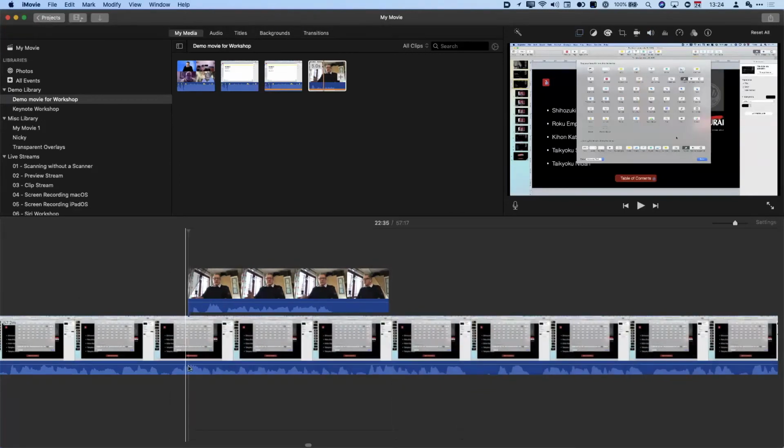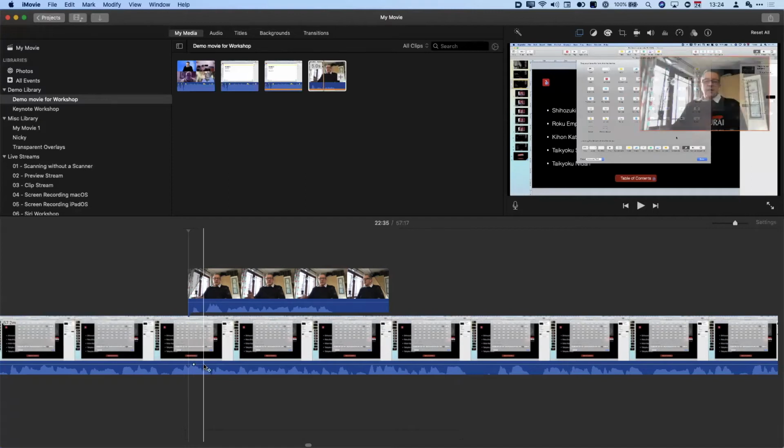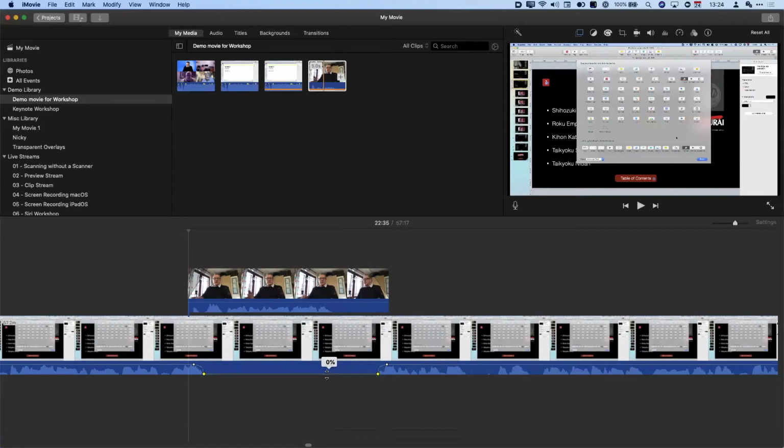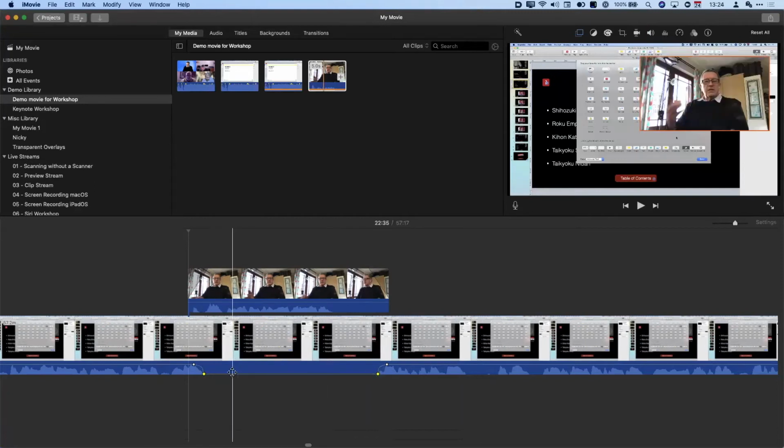One of the things we can do is if I hold down the Option key, and I position my cursor, instead of having the double-headed up and down arrow, you'll see I can get a little pointer. So I'm going to click on that, and I insert a little edit point. I'm going to click there, and you'll see why I'm doing 2. Because if I now drag this one down, this just takes the audio down, and it does it as a nice fade. You can see I can just drag this in a little bit one way, drag this a little bit. Now if I play this back,